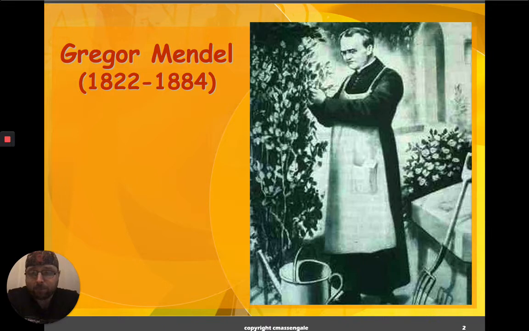So what was going on in the U.S. between 1822 and 1884? Obviously, a big event was the Civil War. Before that, we had the Industrial Revolution starting. The important thing to keep in mind is technologically what was going on. There were no cars. People were riding around on horses. Obviously no internet, telephones, anything like that. It was a different time. Most people lived on farms. And Mendel spent his time in a monastery because Mendel was a monk.